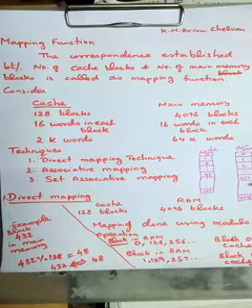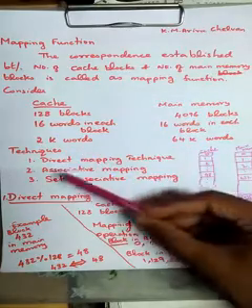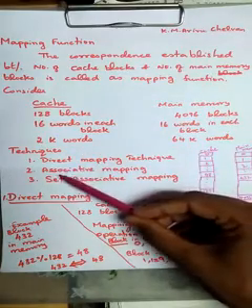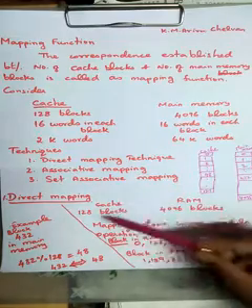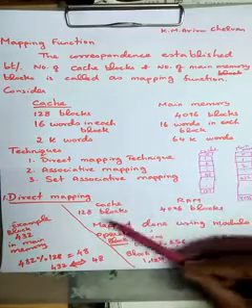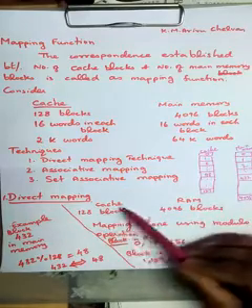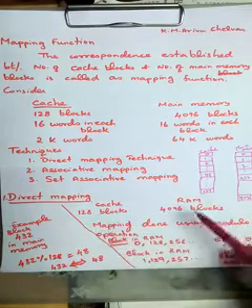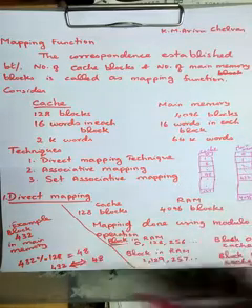4096 blocks. For mapping function we have three techniques. One is direct mapping, the second one is associative mapping, and the third one is set associative mapping. First we see direct mapping. We are taking the same example for cache and main memory. Cache memory contains 128 blocks and main memory contains 4096 blocks.